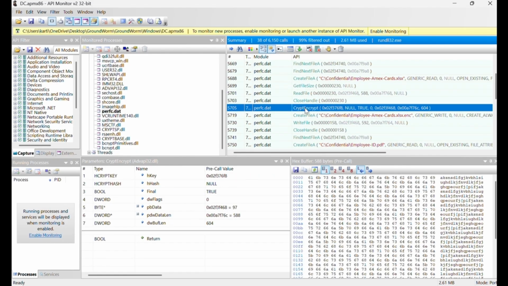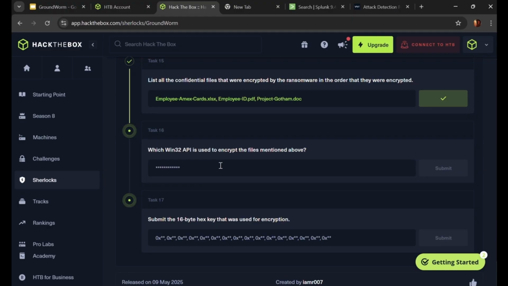So the API that is encrypting the file is CryptEncrypt. Let's submit that. Encrypt. Okay,